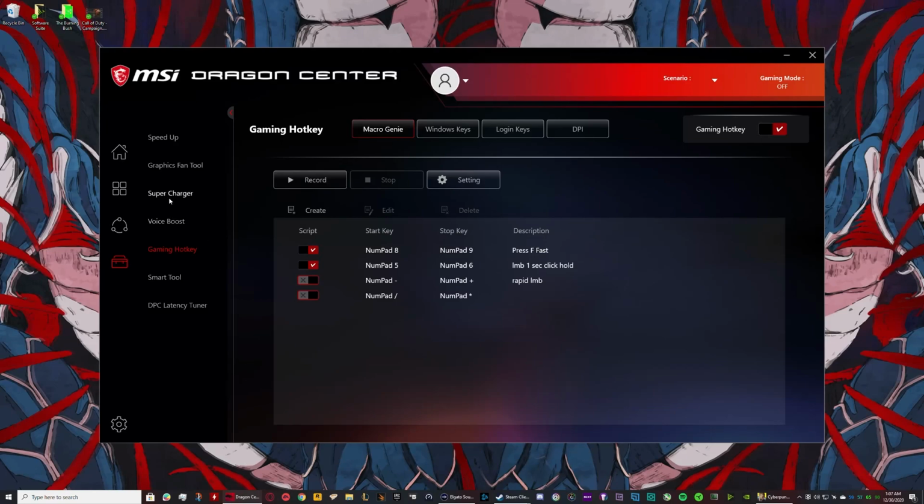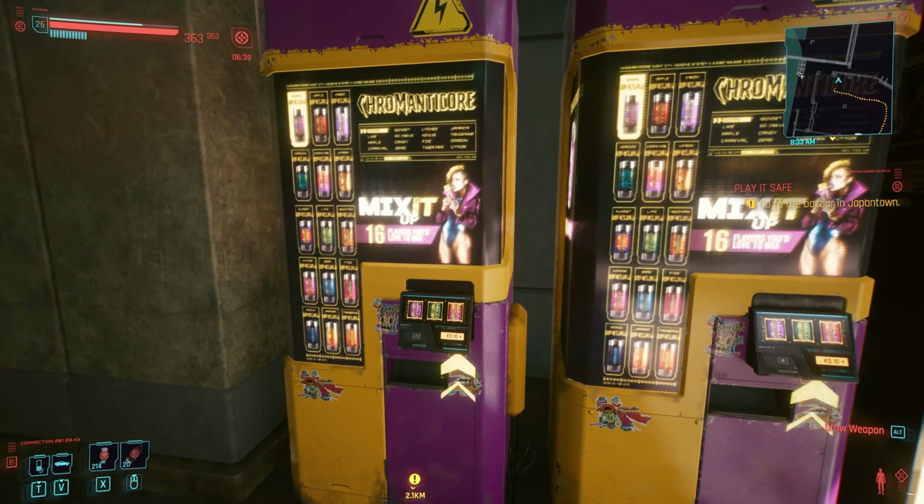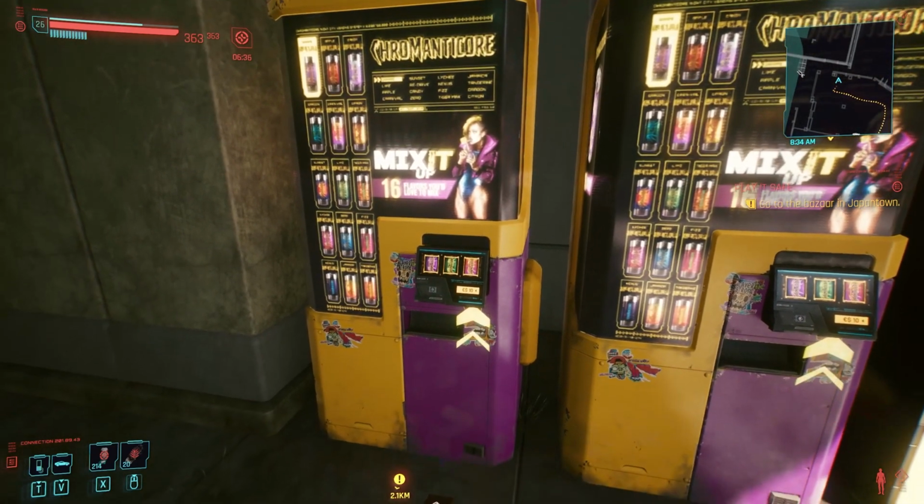So, what I do in preparation is, with MSI Dragon Center, it has a little macro tool that you can use, and for that I have one for pressing F really fast and one for holding the left mouse button every second. And so what I do in order to get all the crafting materials and all the money in the game is